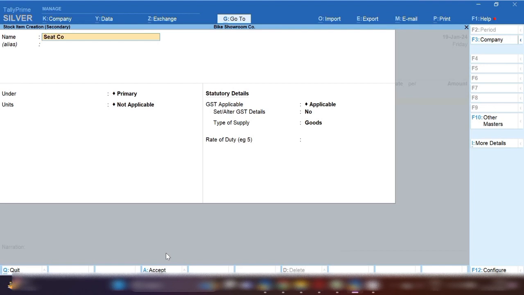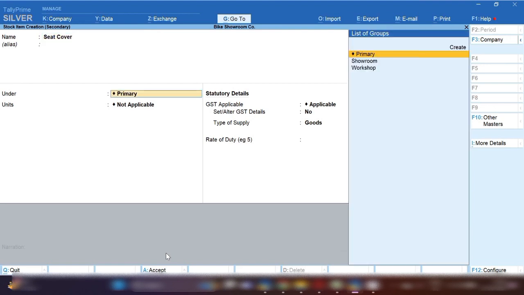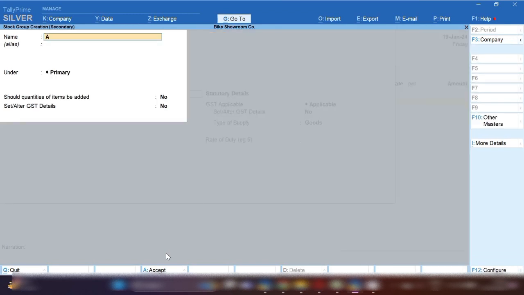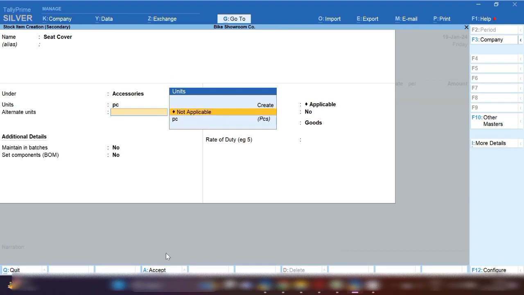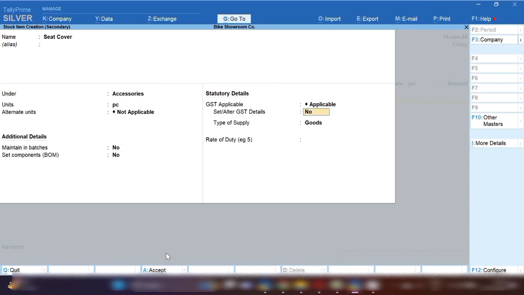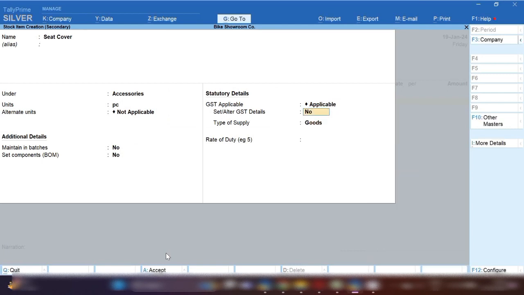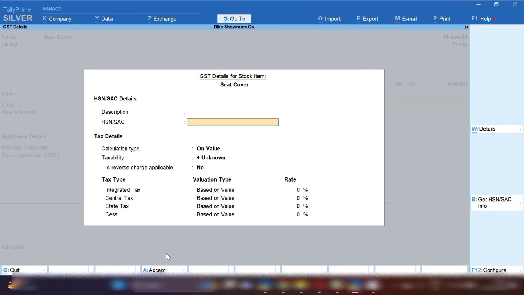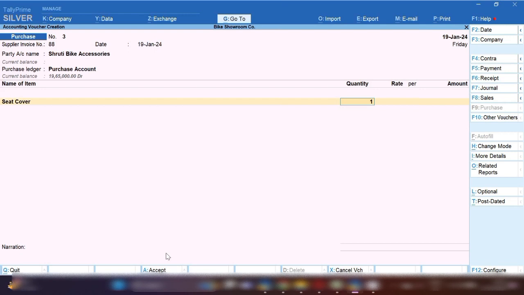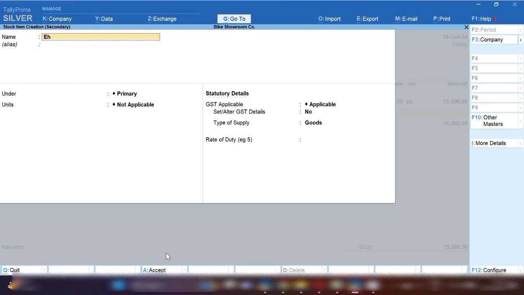By pressing Ctrl C here we are going to create the bike accessories stock item ledger. So here we are going to purchase a seat cover. Under group, if you wish you can create a group by pressing Ctrl C. I am going to create here the accessories stock group. In unit select pieces, GST will be applicable, and set alter GST details, press yes, and fill all the details related to the stock item like HSN code. In taxability, select taxable, and on the seat cover an 18% tax rate applies on this product. And in quantity, let's suppose we have purchased 100 quantity at whatever rate you are going to